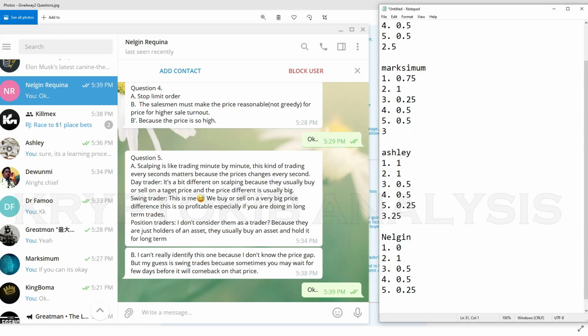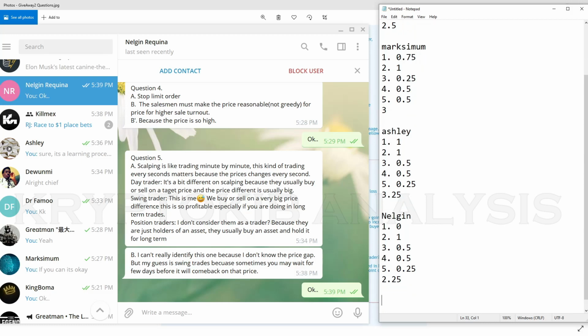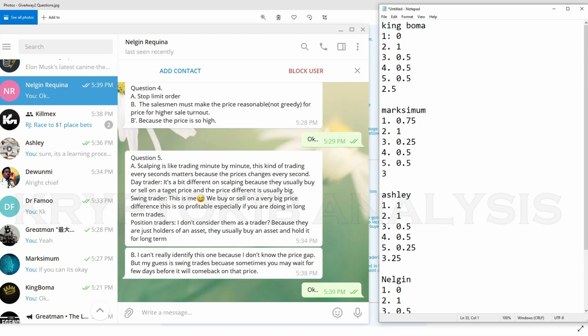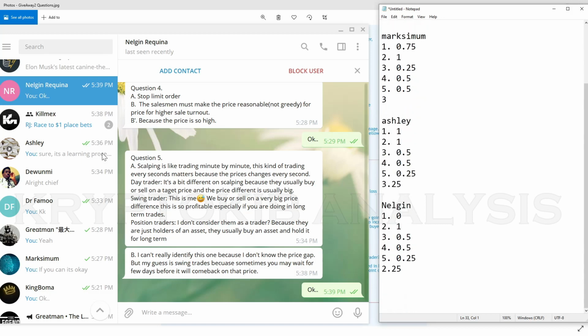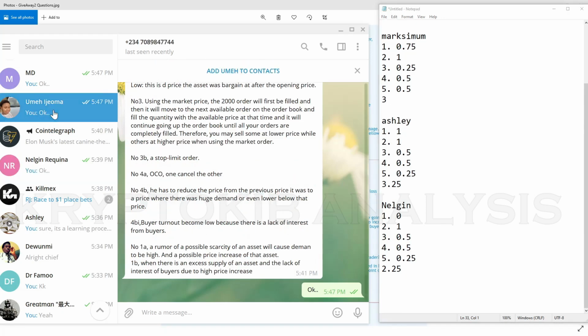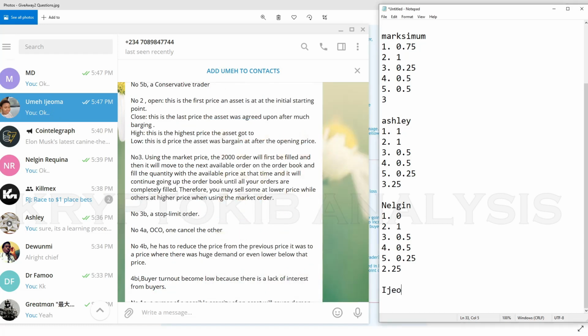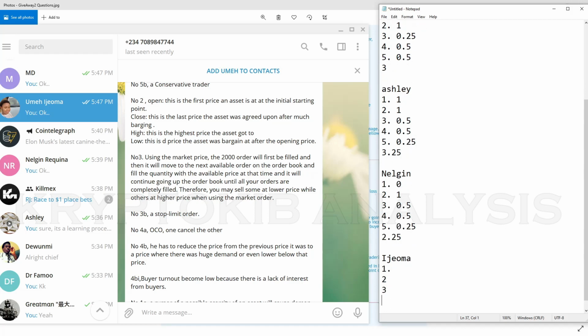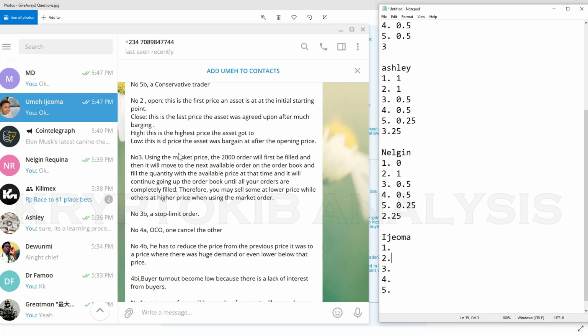So here we have 1, we have 2, 2.25. Reading me the cutoff. Only 2 people have passed the cutoff so far. Wow. So the next person, Ijoma, are you still there? Ijoma, are you still there? Why don't you sleep? So Ijoma is the next person. This typing not be small work. You are still there, okay. Now it's your turn.